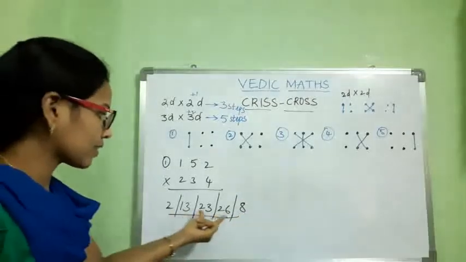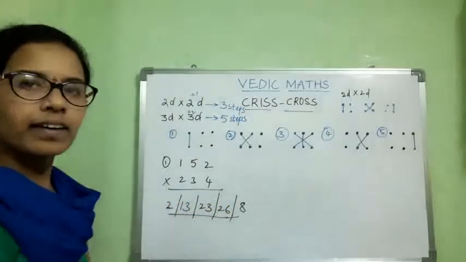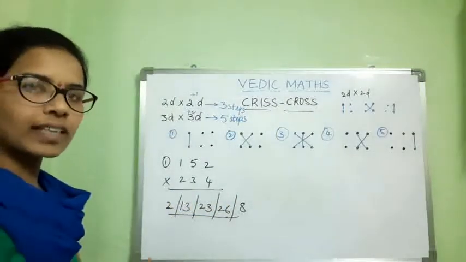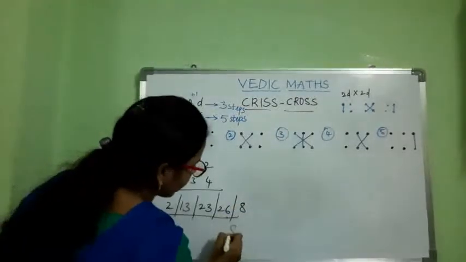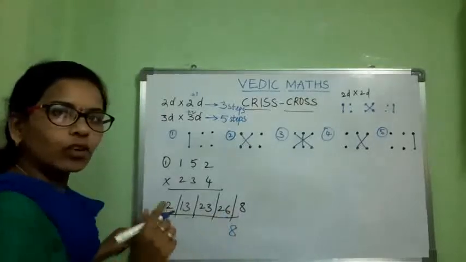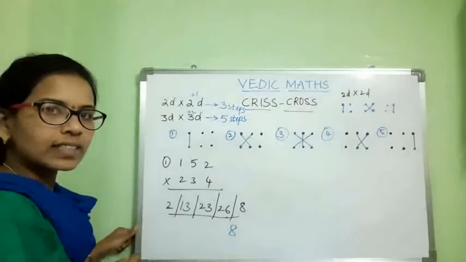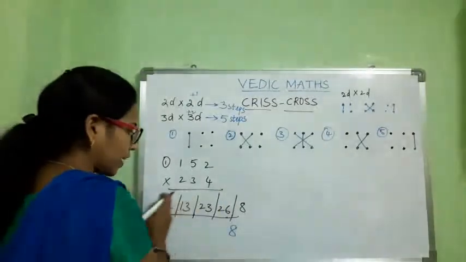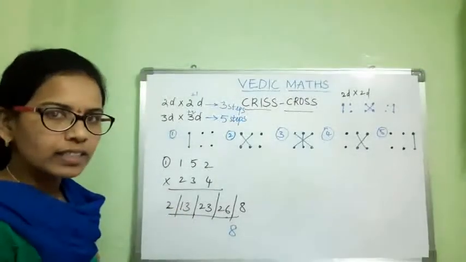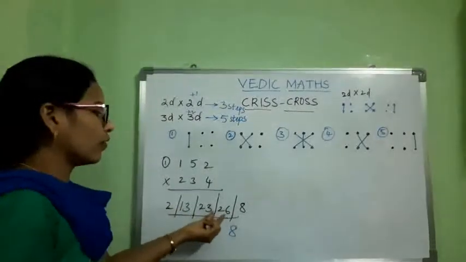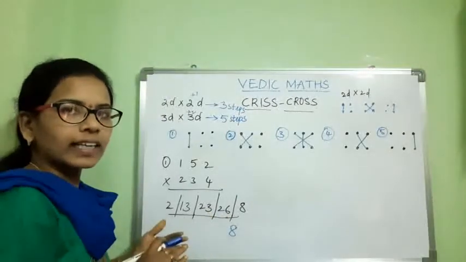Here 5 slashes are there, 4 slashes are there and 5 parts are there. So 5 steps. We have done 5 steps. Okay. Next, first write this 8 down. Why? Because we got here only one digit. Next, here we have 2 digits. For 2 digits, what do we have to do? This is not the final answer, because we got 2 digits now. So we have to balance them, means take carry over.